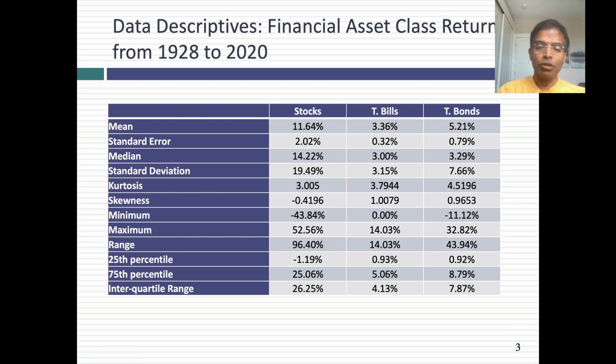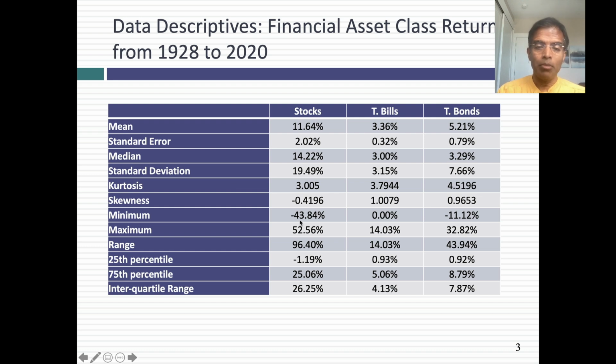Now the kurtosis of a normal distribution is 3. If you look at the kurtosis for stocks, it is surprisingly close to 3. At least looking at historical returns, even though there's a slight negative skew, the tails of the distribution don't show any problems in terms of rejecting the normal. It looks pretty much like a normal distribution in terms of the tails. With T-bills and T-bonds, you get more positive kurtosis, which basically means that you get a greater chance of these extreme values relative to the center value.